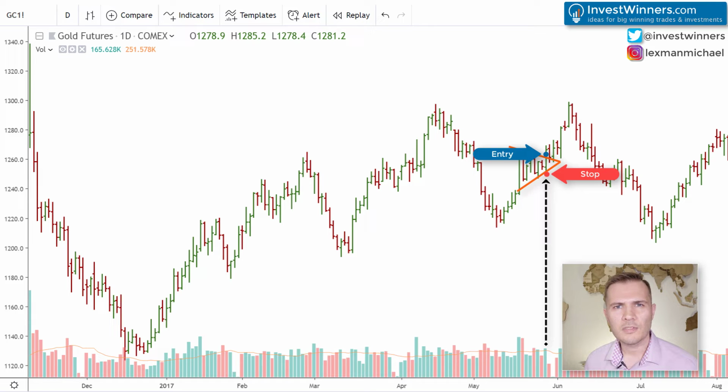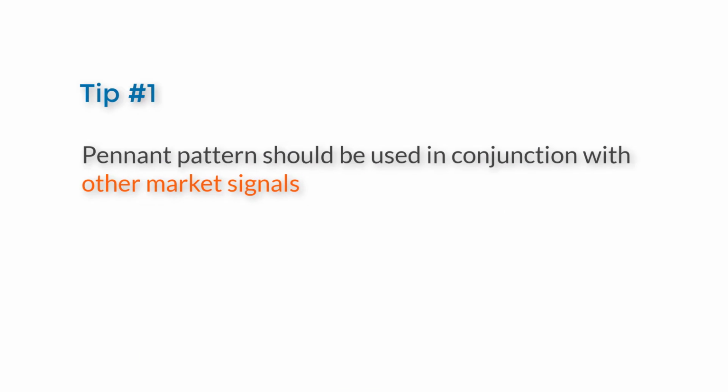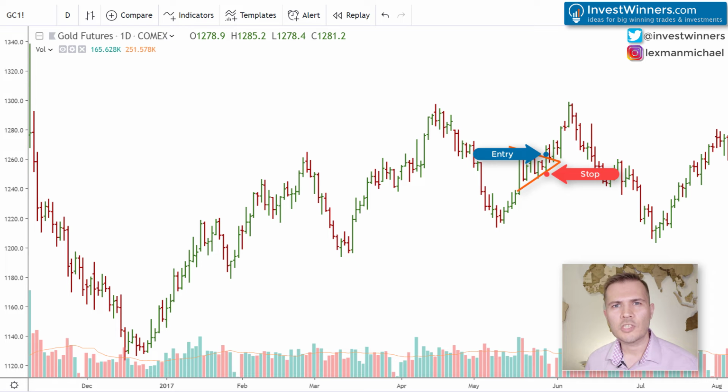By the way, some prudent traders prefer to wait for a successful retest and open their positions thereafter. Like any stock chart pattern, the pennant pattern should be used in conjunction with other market signals and not only common signals of technical analysis of the financial markets. My personal approach is based on the fact that, first of all, we should rely on the patterns in big capital behavior that lead to trend movements.